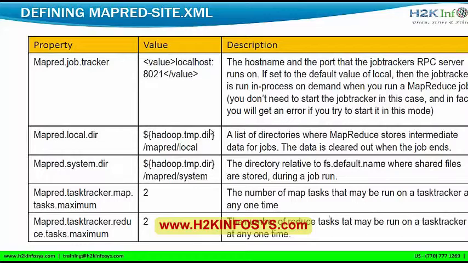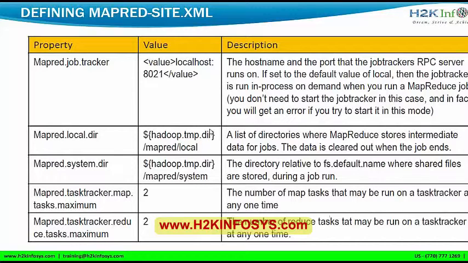And the next important thing we can talk about is mapred.tasktracker.map.tasks.maximum. It will let you know the number of map tasks that may be run on a task tracker at a single point of time. For example, I'm running a MapReduce program. It can be running in parallel on different data nodes at the same time. So this property will let you know how many map tasks are running on my task tracker at a single point of time.